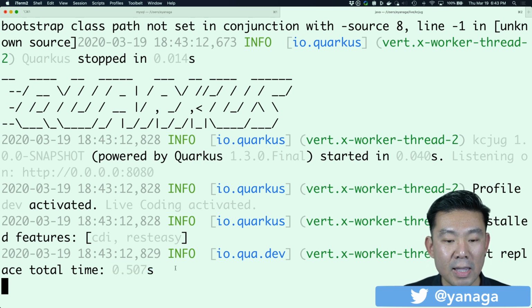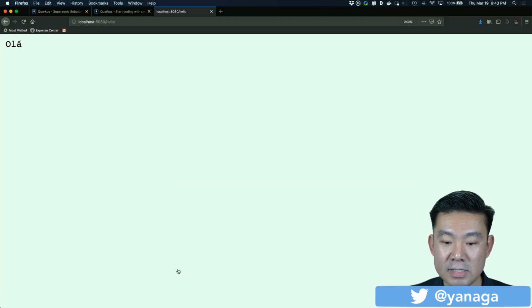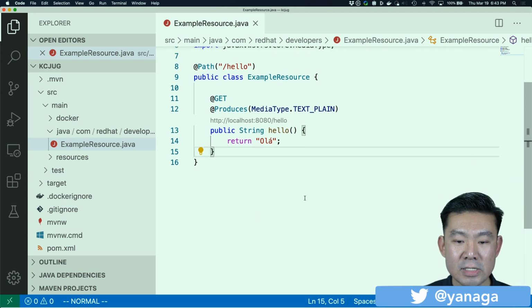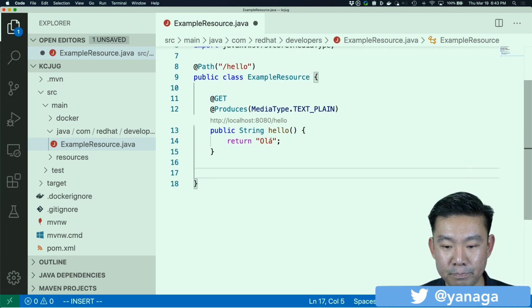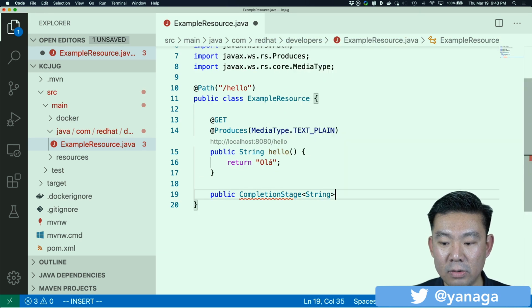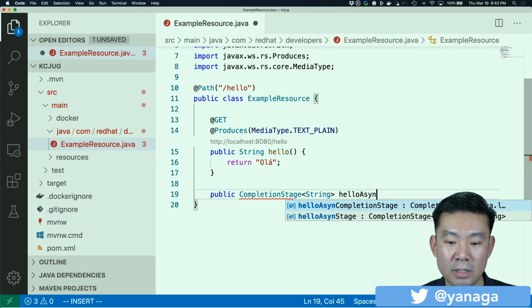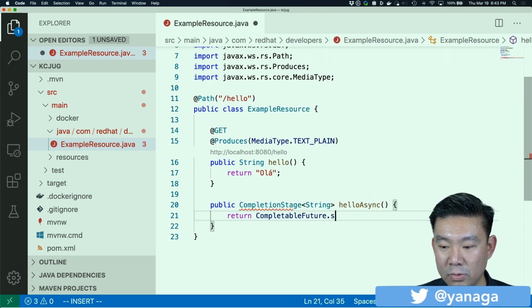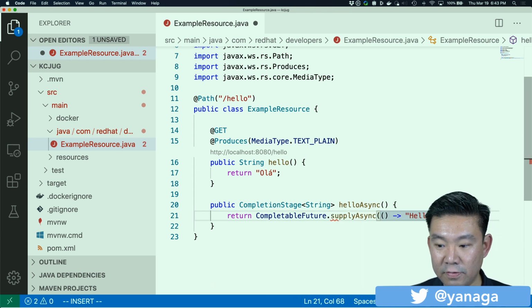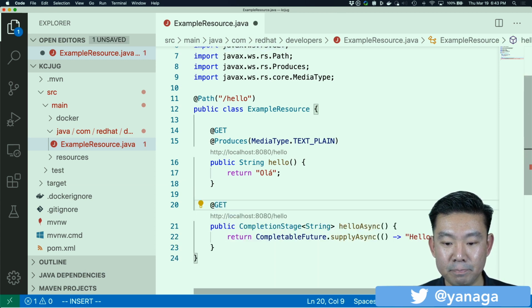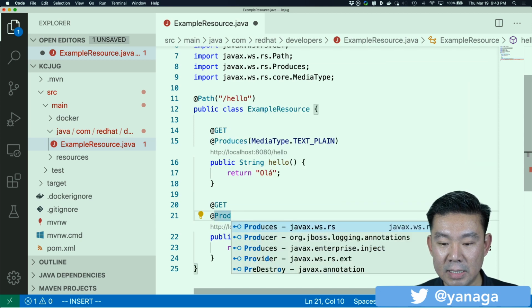What else can Quarkus provide for me? This is a very plain, simple, static hello world endpoint. Let's try to be async. For example, if I wanted to do something async, I could provide out of the box, say a hello async, and return CompletableFuture.supplyAsync, and I want it to say hello, I'm async, and I just save the file and just GET endpoint, and it's going to produce for me media type text plain.